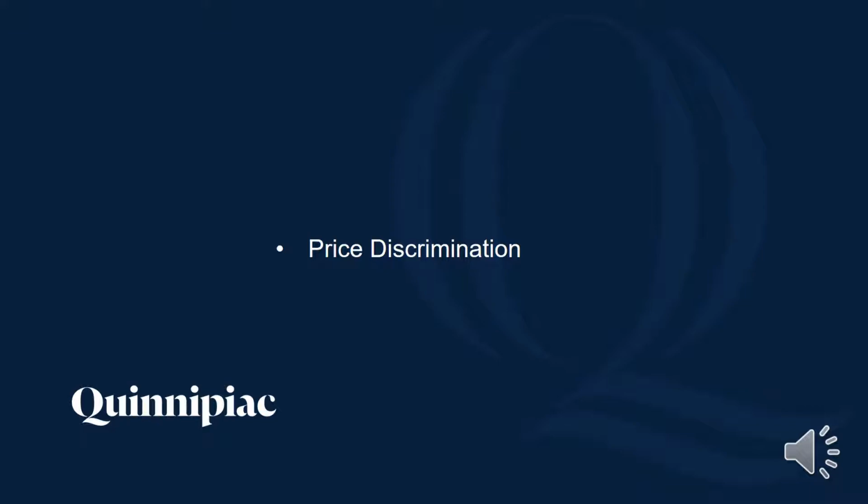Now, based on what we've already learned, it's pretty clear that for the group with the inelastic demand, we ought to be increasing their price. And if we increase the price to them, we ought to be able to increase our revenue. That's the nature of inelastic demand. The group with the elastic demand, well, we would consider lowering the price to them, and that would also increase our revenue.